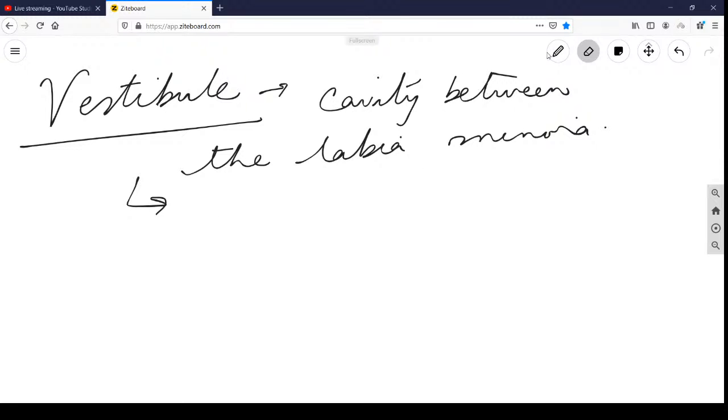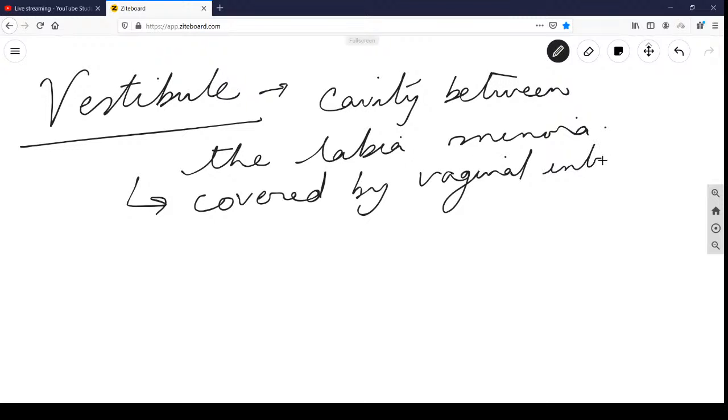Next, in women who have not previously had coitus, the introitus is often also covered partially